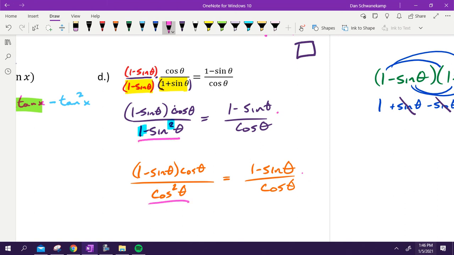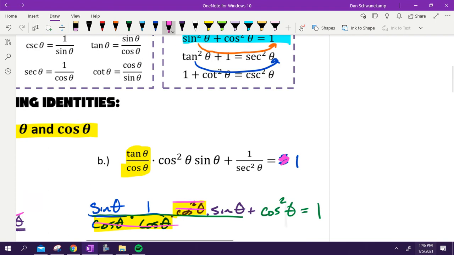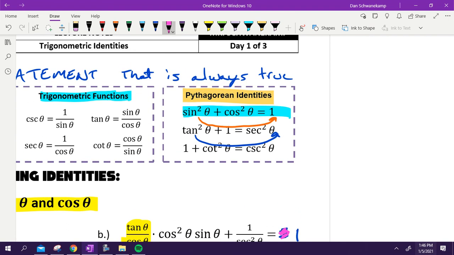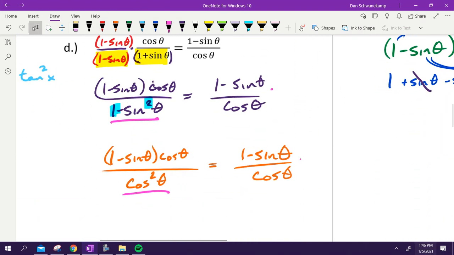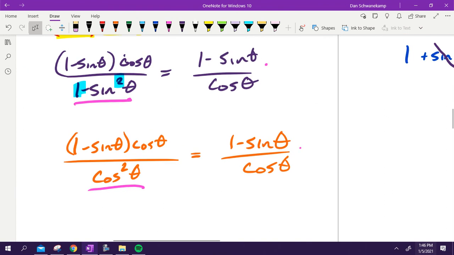Yeah. I replaced 1 minus sine squared. Oh. That's a Pythagorean identity. 1 minus sine squared. Look at this one, Lydia. I got sine squared plus cosine squared equals 1. I subtracted the sine squared over, and so it was just equal to cosine squared. I did a substitution there. Does that make sense? Yeah, I thought that you were doing the step that I was talking about and you put it on the bottom. I got you. I know what you're saying too. Yes, sir. Isn't there any cross out the cosine on top and the